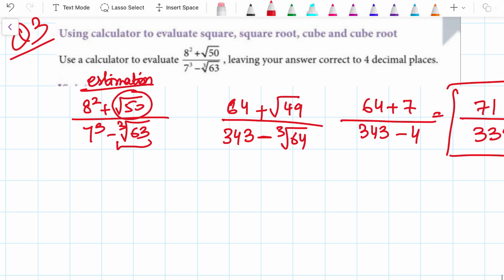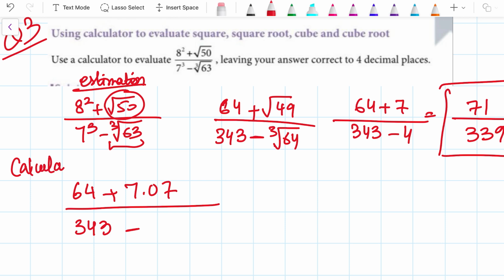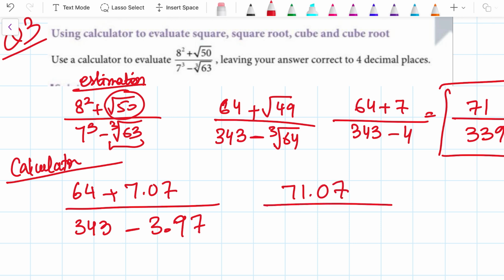Now, how do I do it with the calculator? 8 square is 64 plus square root 50 is 7.07. 7 cube is 343 minus the cube root of 63, which is 3.97. Using a calculator, I'm doing that. In some schools, calculators are not allowed, so it's better you know how to estimate it. 64 plus 7.07 is 71.07, divided by 343 minus 3.97 is